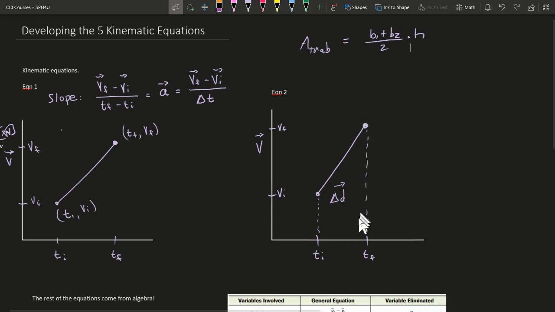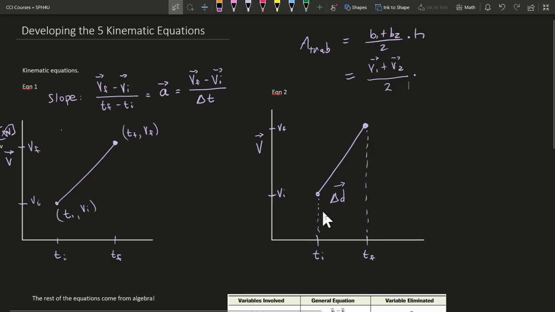Base 2 is this distance, which could be considered the length of this dotted line, which I can use the y-axis to measure, and it's known as the final velocity of the object. So base 1 plus base 2 is actually just the sum of the initial and final velocities. And so, therefore, I've got velocity 1 plus velocity 2, these are again vectors, over 2 times